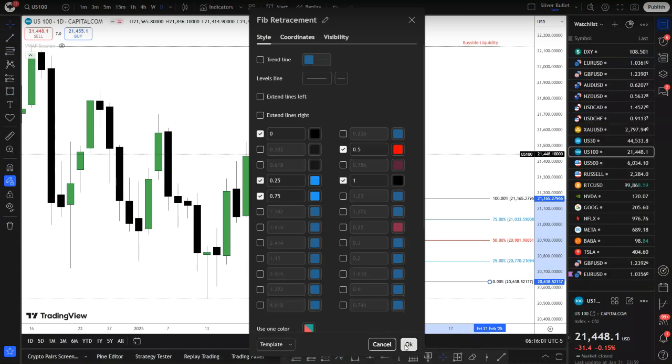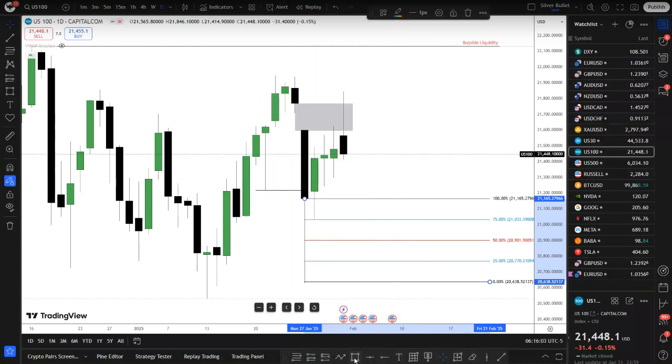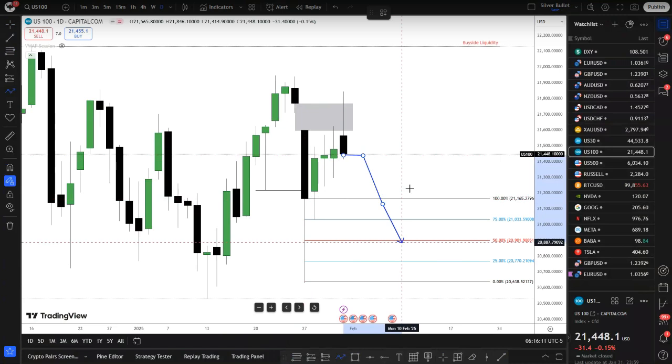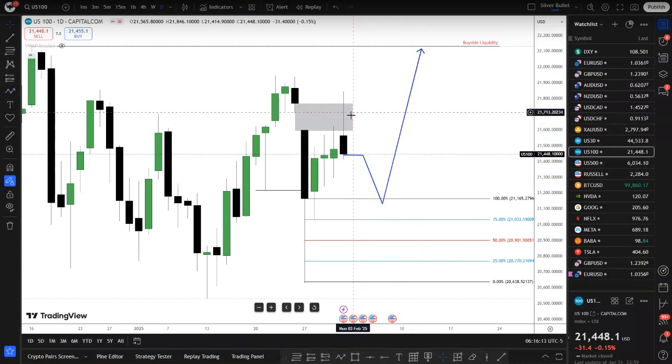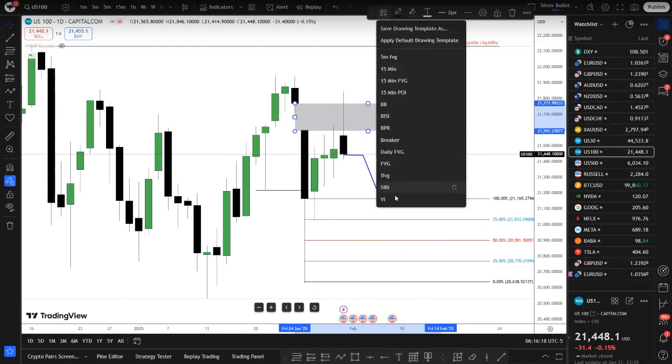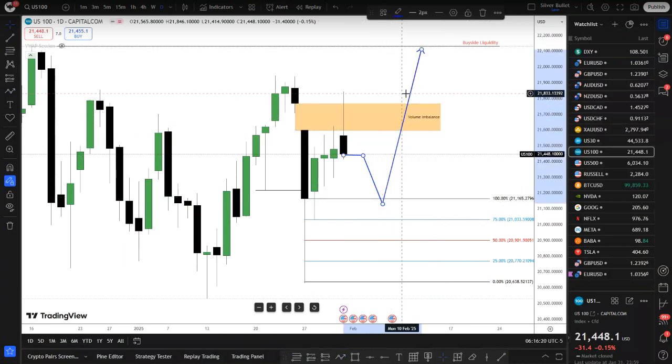I want to see the week maybe opening price, because we have a bullish weekend. I want to see price open, pushing lower to the quadrants over here. I'm not sure which one it is actually, but the consequent encroachment may be key. Then I want to see price distribute upside, and I actually want to see price closing above this volume balance here, because now price has filled this volume balance, right? I want to see price closing above it, then it's an inversion and pushes to the upside in this case. So I am bullish on DXY.